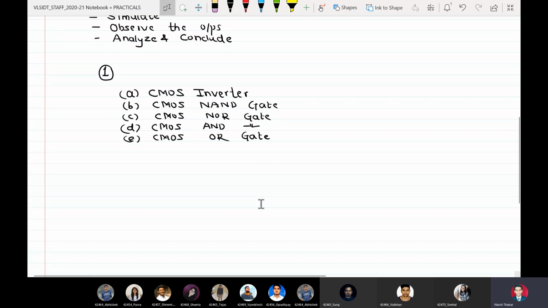Okay. So as we know that CMOS inverter, NAND, NOR, and OR, all of them are combinational systems. That is, although university has not mentioned this particular assignment with this title, we can give the title here combinational systems, or we can say combinational circuits. And the last bit under this assignment is actually